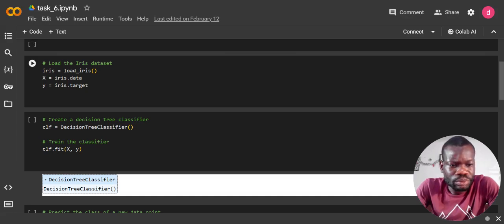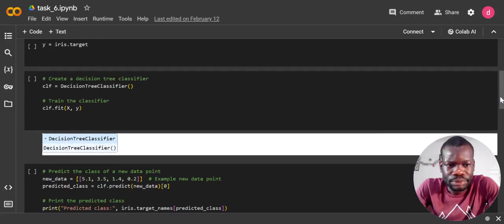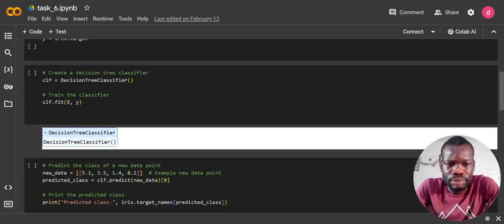So what we'll do next is create a decision tree classifier, as you can see below. So the classifier is equal to the DecisionTreeClassifier function. So we do that, and then we train the classifier by fitting it on X and y, which is the target variable and the other variable. All right,